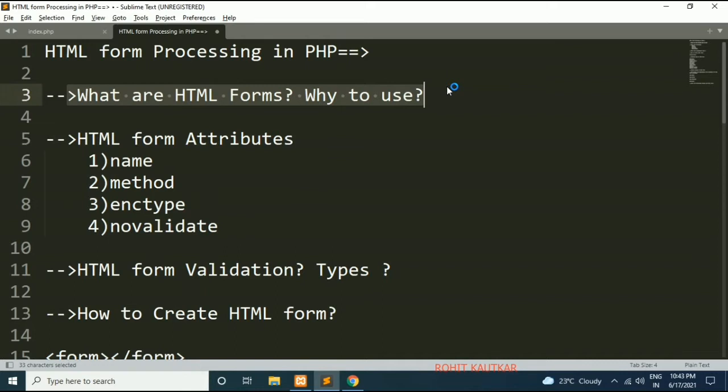For example friends, you can collect the name of user, email address, phone number, city, address, etc. Whatever data user will submit through HTML form will be collected within PHP script and it may be sent to a database for storing it in a permanent manner. Later on your application may use that data to perform certain task. So basically you need HTML forms within your application in order to collect the data from user.